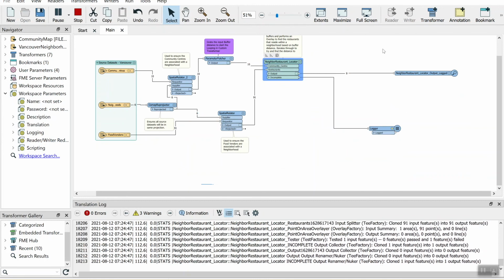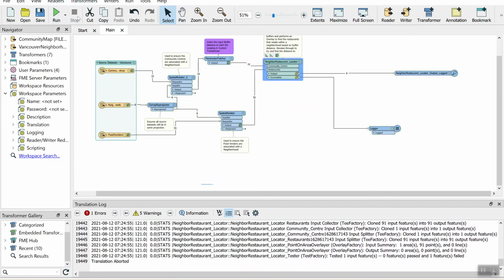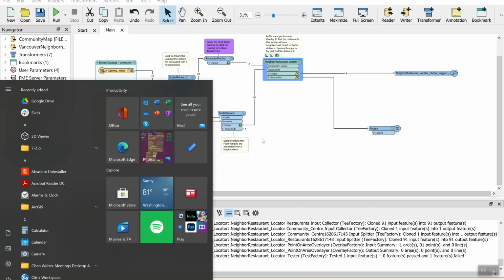Now, if we go back, we'll notice this is still running. I have 9 completed, but that 10th one still hasn't completed. So I'm going to go ahead and stop this. The reason for stopping this is because that could have run indefinitely. Now, if we go back to that custom transformer workspace,